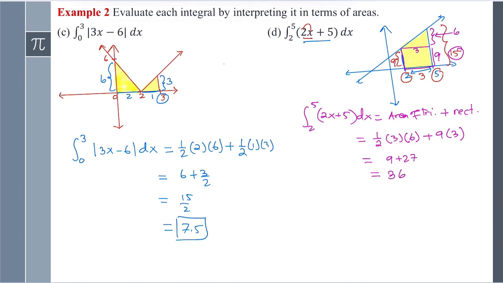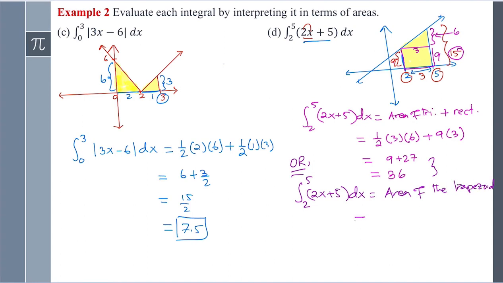Now another way to do this is that the whole thing is a trapezoid. So we can just find the area of the trapezoid from 2 to 5. So this is another way. I'll just write "or" here. You can either do this or you can do this. So the integral of 2x plus 5 dx equals the area of the trapezoid,